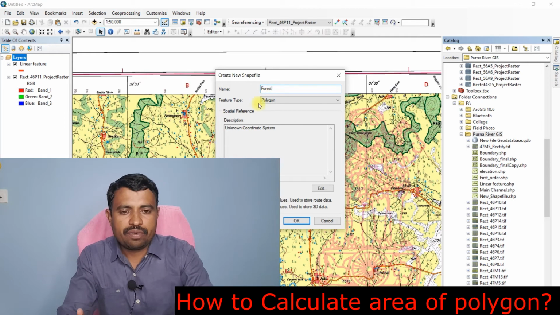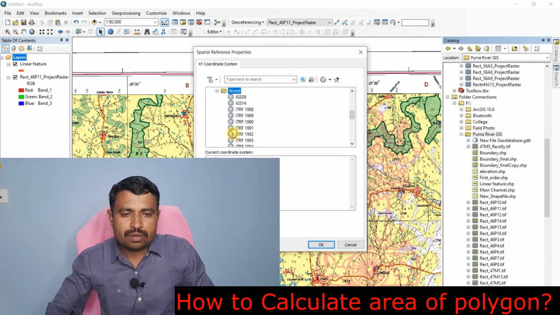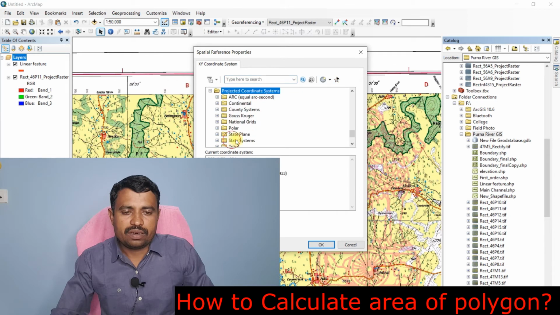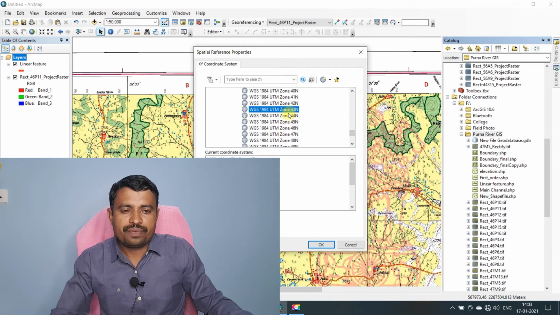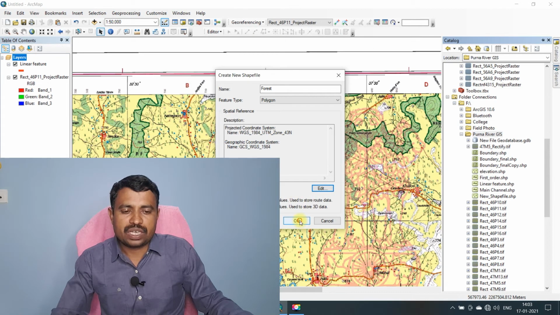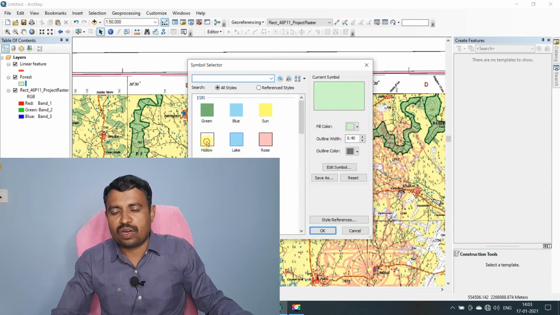We have to calculate the forest area, then go into the edit, then we have to assign the spatial reference WGS 1984, then we have to select PCS, that is the UTM zone, northern hemisphere 43. So this is the 1984 UTM zone we have to select for this area, then we select OK.